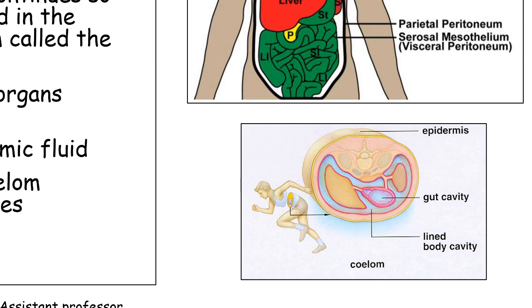The connected parietal peritoneum and visceral peritoneum form another structure, the combined membrane formed by the parietal as well as the visceral peritoneum, which is called the mesenteries. So you can see mesenteries in between every organ, and it is through these mesenteries that the blood vessels and nerves enter every organ. So that's with the coelom. These spaces are called the coelom.